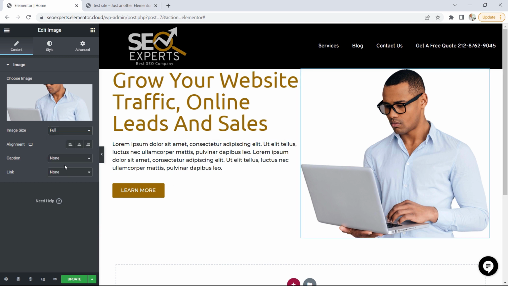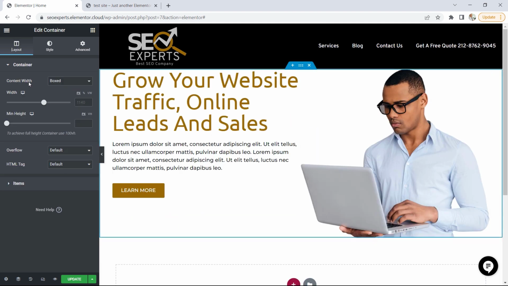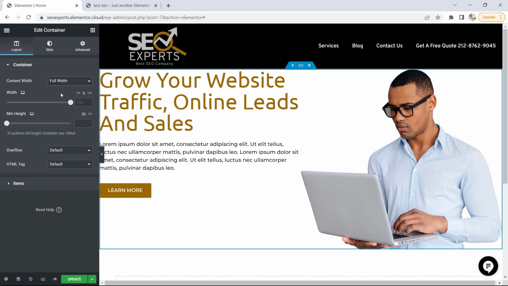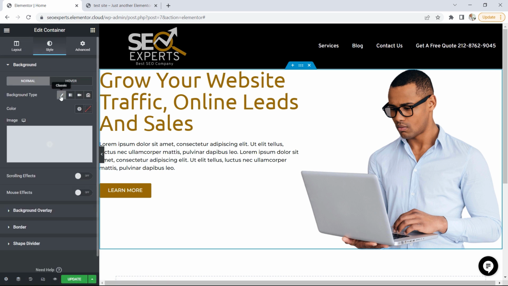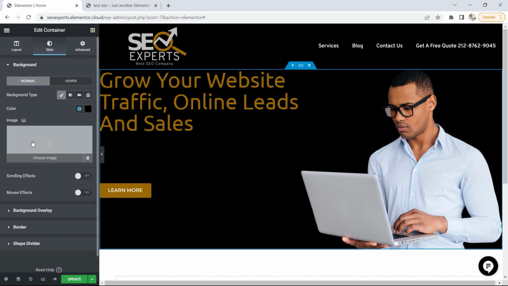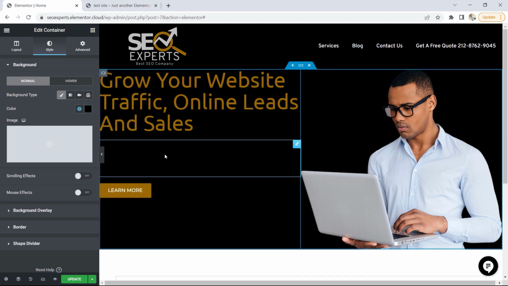A few things we need to change. Obviously, the very first thing would be the black background for the container. So let's go ahead to edit the container right there. Now, actually here for the content width, we're going to make it go full width. Full width. That's the first thing we'll do. And then for the style, we're going to come down here to background type. Classic color is going to be black. And just like that, the text that we have that was originally in black is now, well, we can't see that anymore. So what we're going to do is we'll have to make the text white,